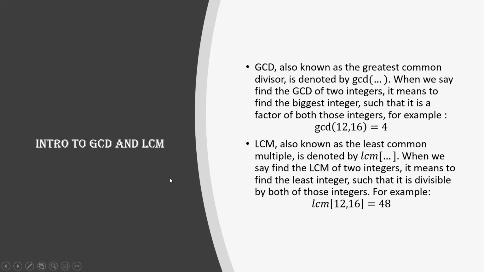So I think you have a good hold on GCD and LCM. I just want to note one more thing. When you are writing competitive examinations, this word GCD will come. Some of you will know that this GCD is similar to HCF, which we are taught in school as well. HCF is nothing but the highest common factor. The greatest common divisor and highest common factor both have the same English and mathematical meaning. HCF is what we are taught in school, and GCD is what we will be using in Olympiads. But LCM will remain the same for both Olympiads and school.